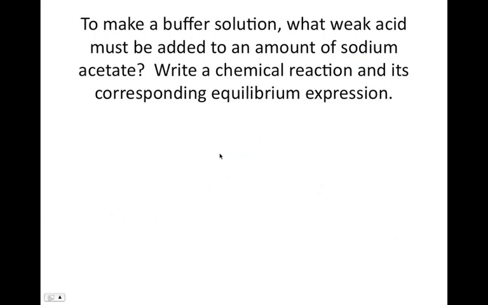So looking at this, to make a buffer solution, what weak acid must be added to some amount of sodium acetate? We have this salt, we want to make a buffer solution, so what do we add to this? And then they want us to write the chemical reaction and its equilibrium expression. Well, we look at this and we go, okay, what ions do we have? We have sodium, we have acetate. Sodium is the neutral ion of a strong base, so it's not going to be a part of any buffer solution. But of course, the acetate ion, like I just said, is the conjugate base of a weak acid. So add in some acetic acid,